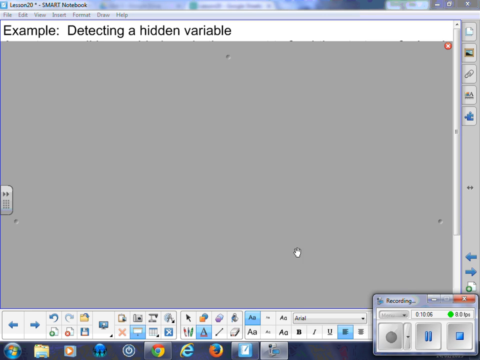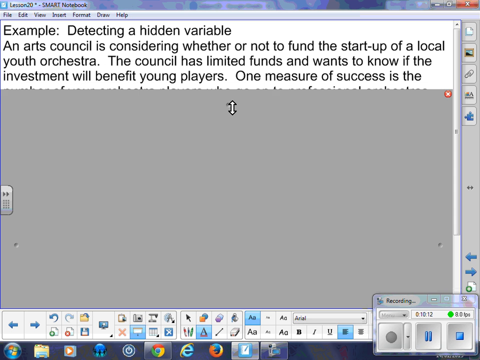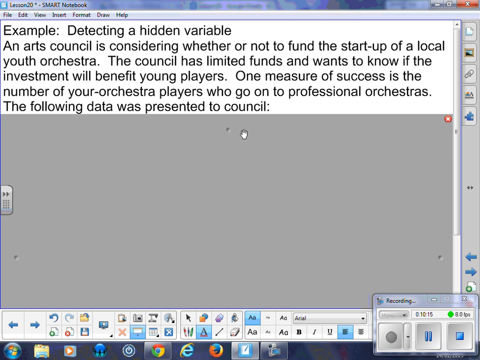Again, I've got the screen shade up just to not overwhelm you with all the information. Now we're talking about hidden variables. The situation: an Arts Council is considering whether or not to fund the startup of a local youth orchestra. The council has limited funds and wants to know that the investment is going to be the best investment possible. One measure of success is the number of your orchestra players who go on to professional orchestras, and that